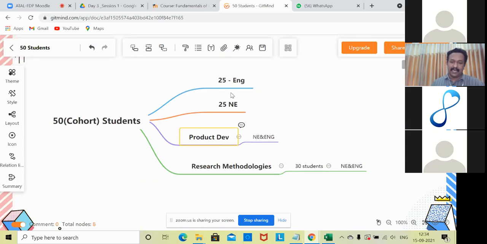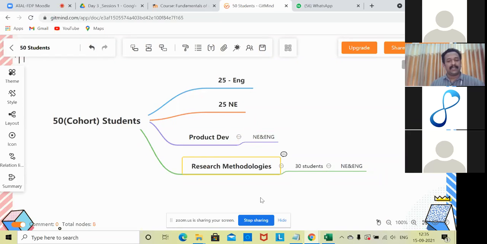Instead, we can map 25 engineering and 25 non-engineering students. Restrictions can be added only to these two groups, and they will be able to see the content likewise. Or if you are sure that nobody else is in the course, and only these 50 students are in that particular group or course, we can open it up. There is no need for any restrictions, because only 50 students are there. Anyhow, they will be able to see this product. No restrictions need to be added.